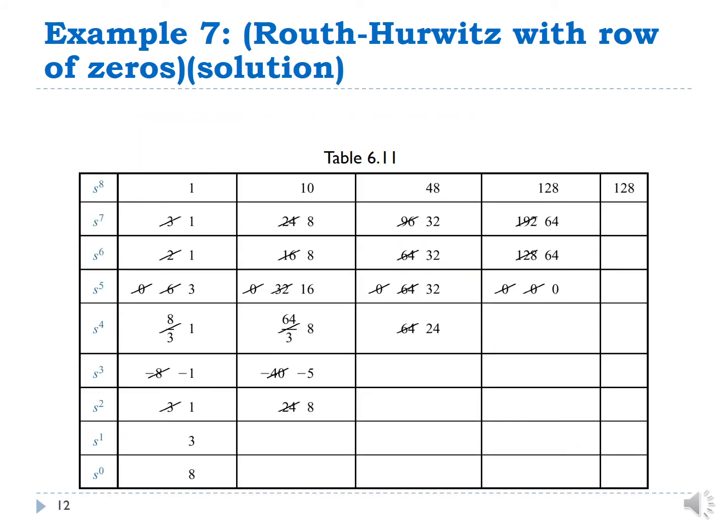Using the denominator, form the root table as table 6.11. A row of 0 appears in the s^5 row. Thus, the closed-loop transfer function denominator must have an even polynomial as a factor. Written in the s^6 row,